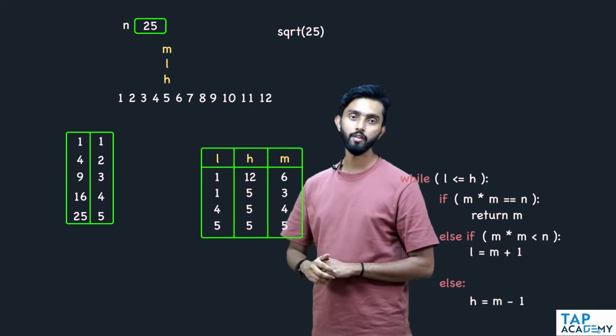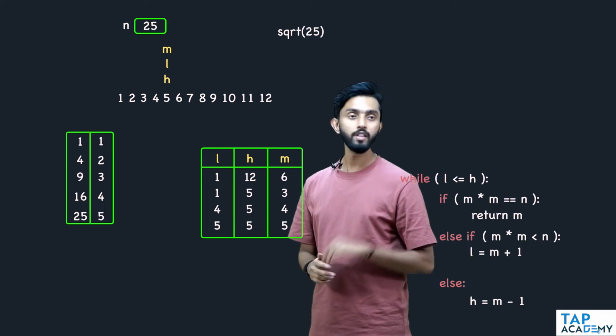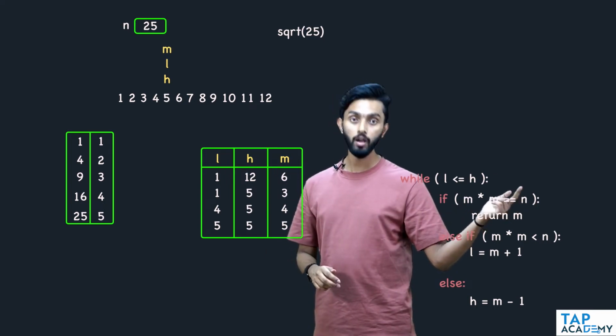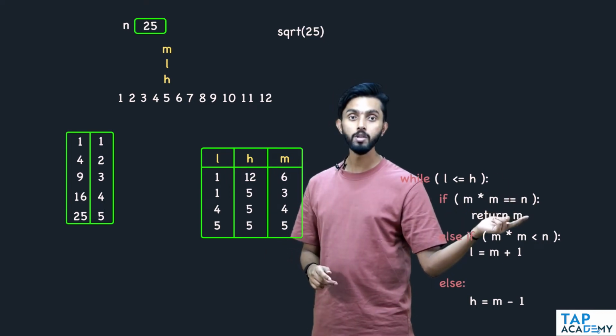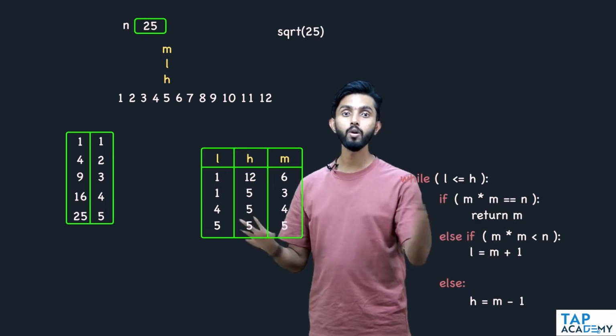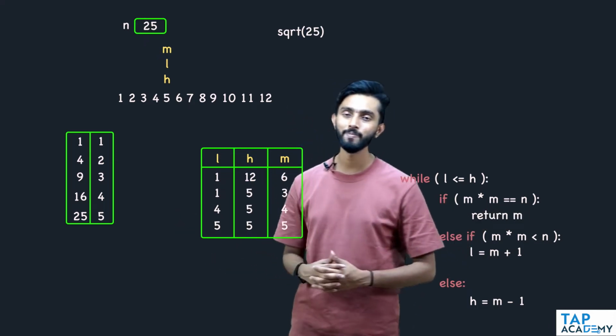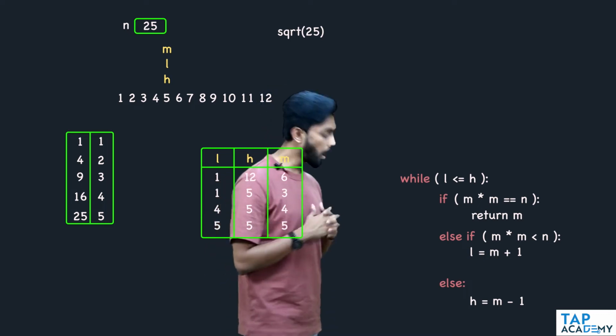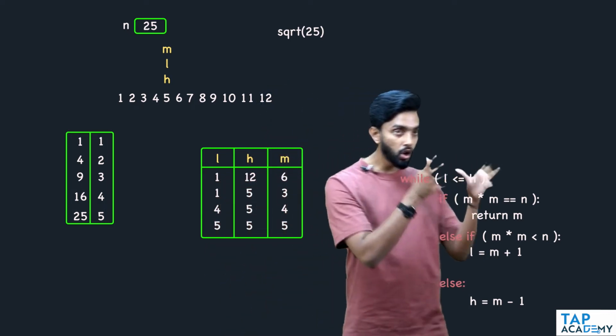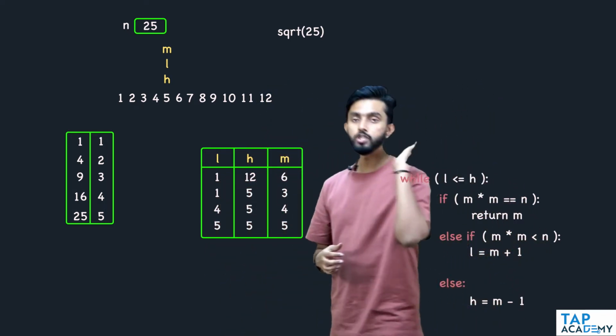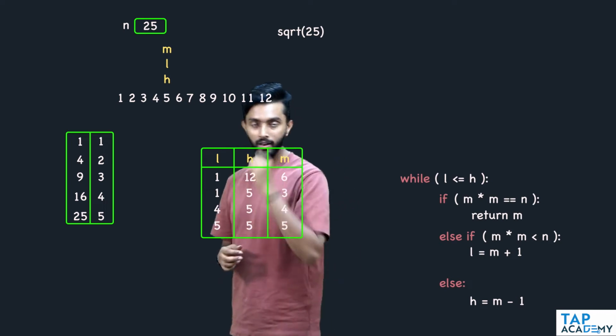Mid becomes 5. If mid is 5, then 5 into 5 is equal to 25. Yes. Yes means it is your square root. 5 is your square root. Return that. You found your square root. As simple as that. However, this is not your complete logic, because one mistake that you have made is